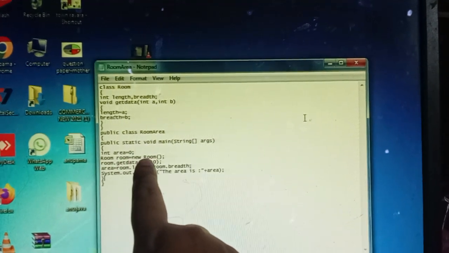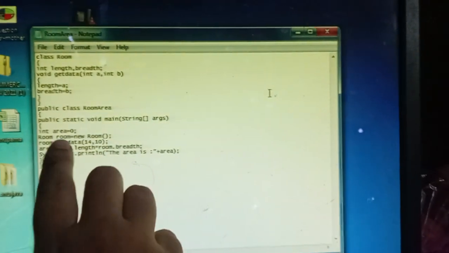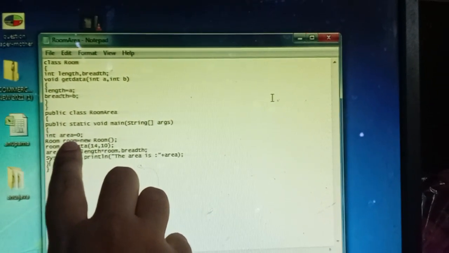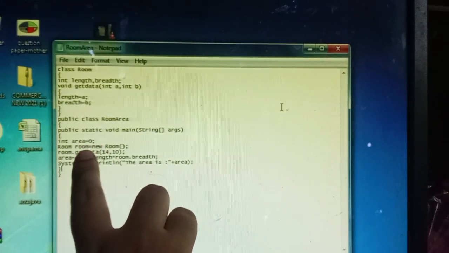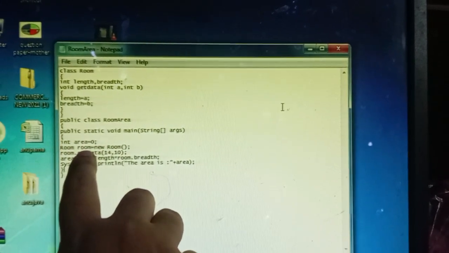Room room equals new Room. Here we created an object of type Room, the Room class object.